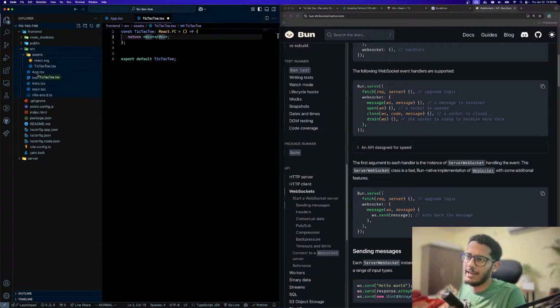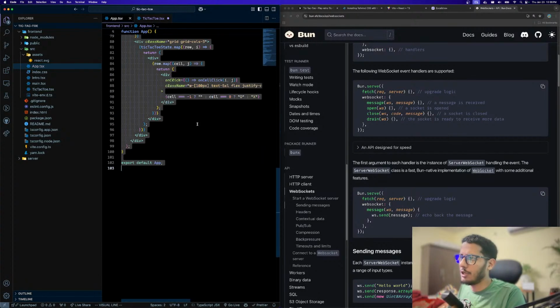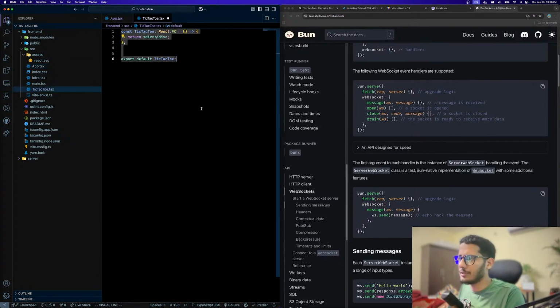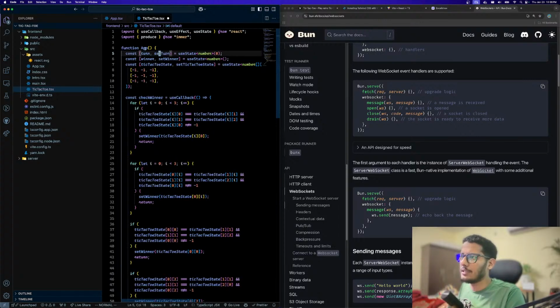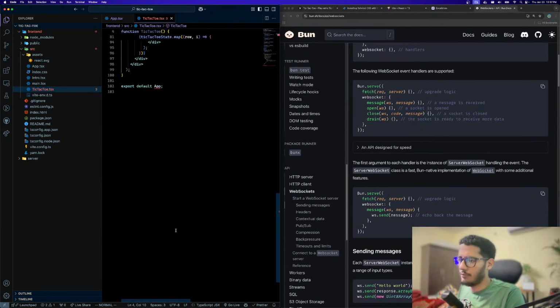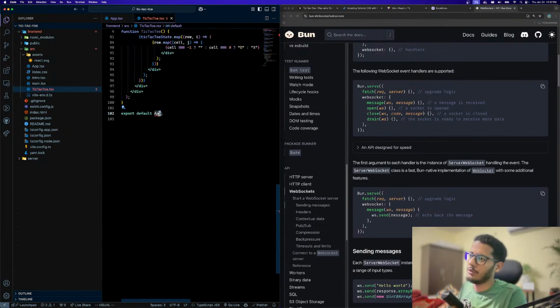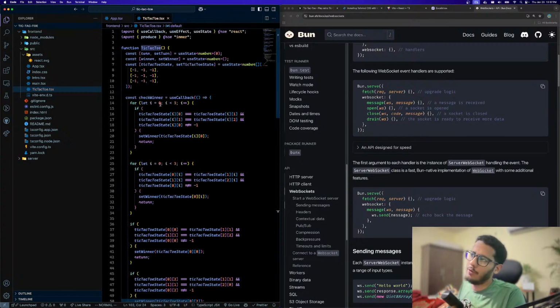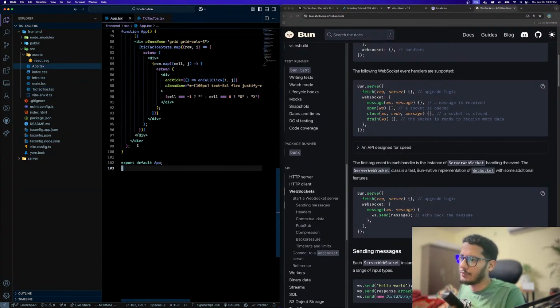Yeah, it's inside that. We have to take it out. Okay, so now let's take everything from the app dot and copy this and paste it in the tic tac toe, and let's change the name to tic tac toe, and then we can copy this and paste it in the export. Great stuff. Okay, so now we have this tic tac toe, and in the app.tsx we can just get rid